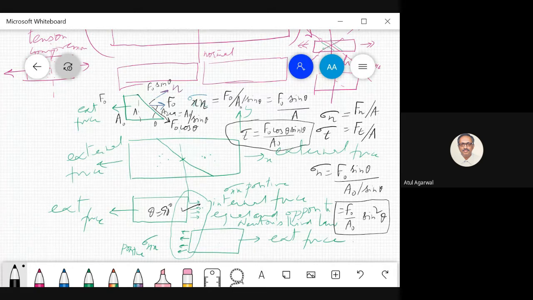So from this plane, you can go to this plane just by changing theta. You can make theta equal to 0. Then you will have a plane like this. This was theta becoming 90 degrees, and now this theta is becoming 0 degree. Once theta is 0 degree on this surface, sigma normal is 0 and sigma tangential is 0. So there is no stress on this surface. Can you see this? How can it happen?